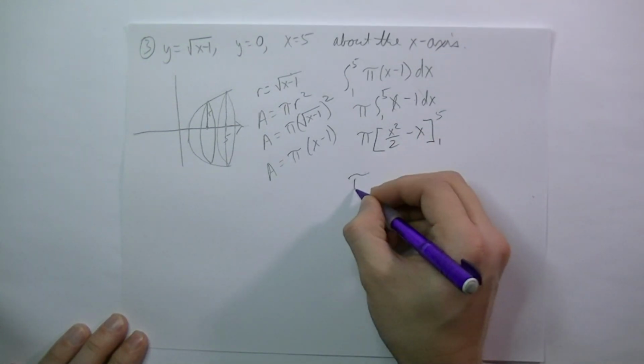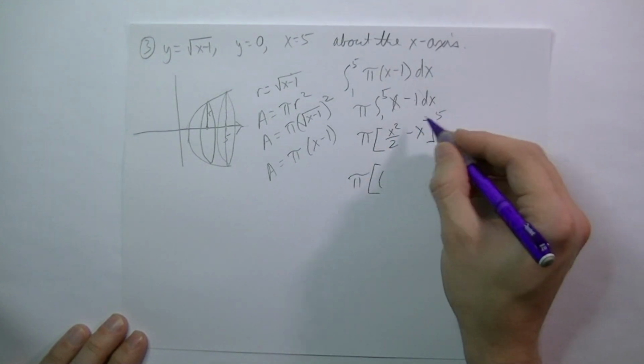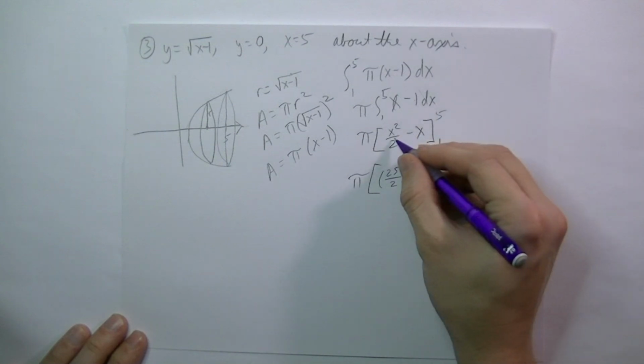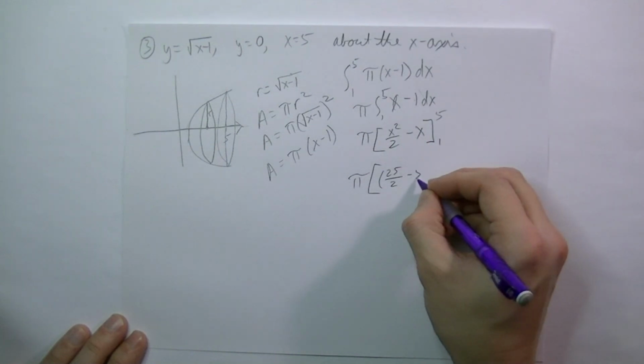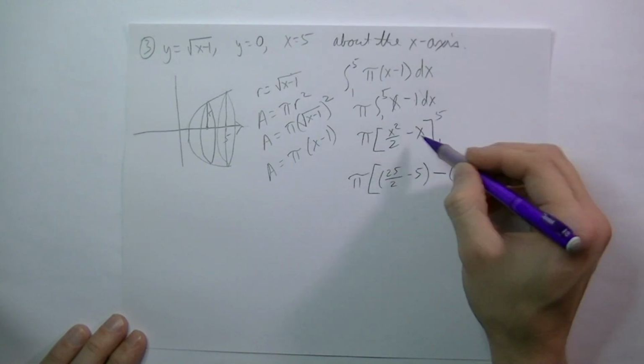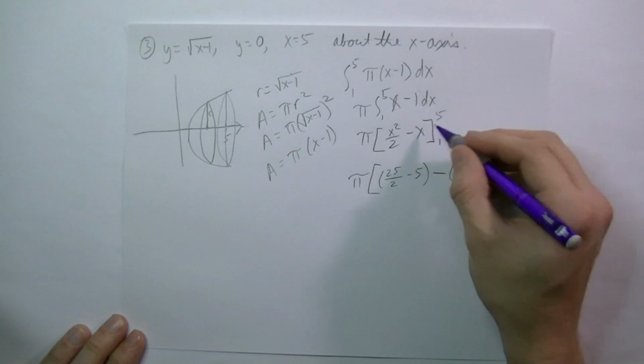Okay, so pi, plug in our upper limit, which is 5 squared is 25 over 2 minus 5. Now I need to subtract and plug in the lower limit, so 1 squared is 1, this will be 1/2, minus 1,